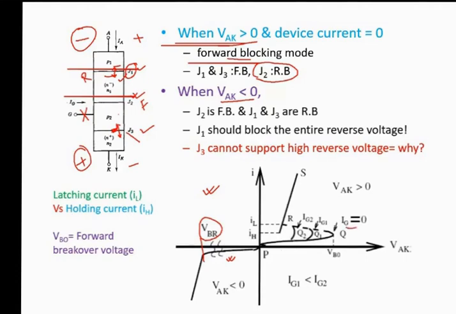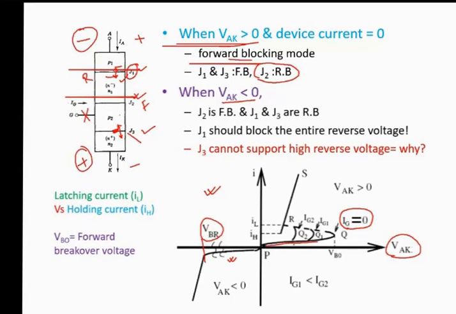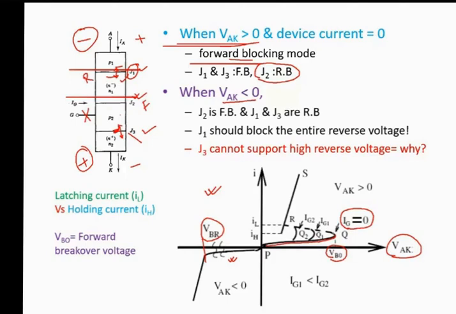Now let's say you have not given any gate current, so the gate terminal is open, and you are increasing your VAK from 0. If you do that till this zone, during this zone your device is actually not conducting. Very low amount of current will flow. It's negligible. And if you keep on increasing your voltage, a voltage will come, this VBO, which is the breakover voltage. After that, the reverse biased junction J2 will break down, and the thyristor operation will shift to this, and then actually the thyristor will get turned on.